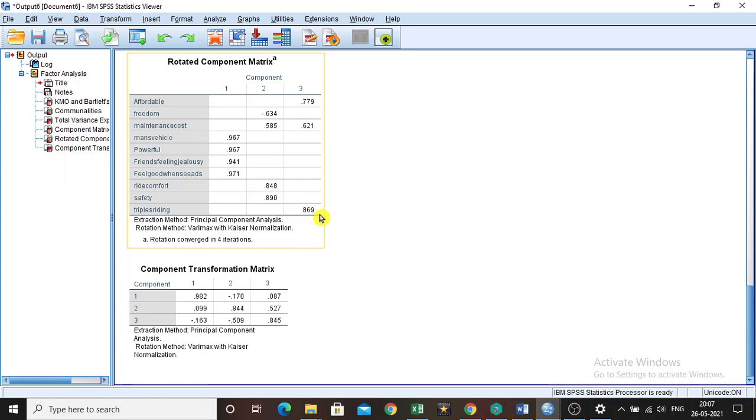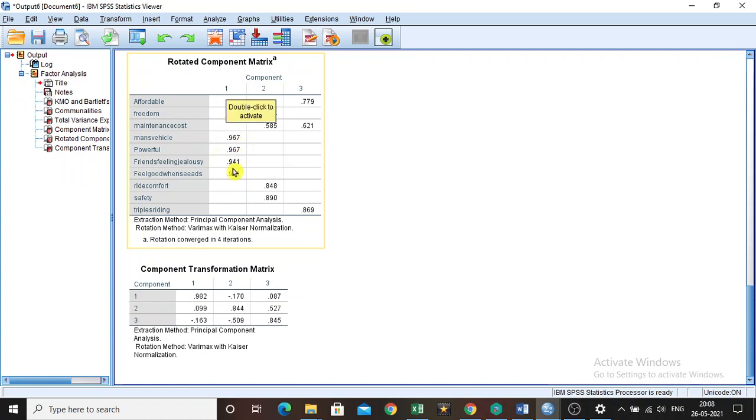The second factor is freedom, maintenance cost, ride comfortability and safety loaded in the second factor. And the pride of owning the vehicle, the power of the vehicle, friends feeling jealous, and feeling good when they see the ad on television or somewhere else, those variables are loaded in factor one.